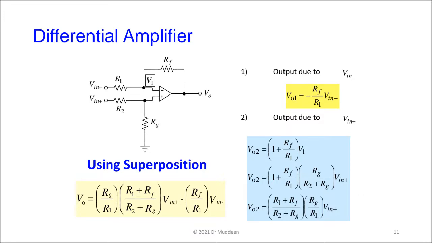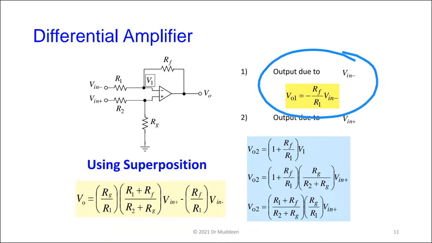Just for our sake, R1 and R2 are the two input resistances. RF is for our feedback, where there's a feedback resistor coming in, and RG is the one going to ground, so it's easy to understand. All right? So you work out the input-output relationship for the differential amplifier by first grounding. Let Vin positive be equal to 0. So if Vin positive is equal to 0, we calculate what is the output due to Vin minus alone,